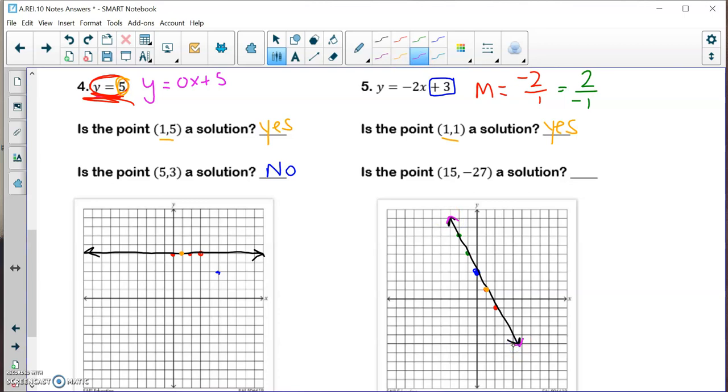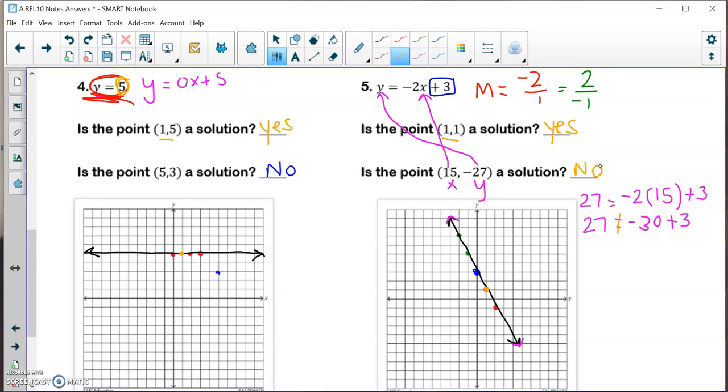So to find out if this point is a solution, we will need to put the x and the y value into the equation that's given to us. So I have 27 is equal to negative 2 times 15 plus 3. So I have 27 is equal to negative 30 plus 3, which unfortunately is 27 equals negative 27. So these don't equal each other,